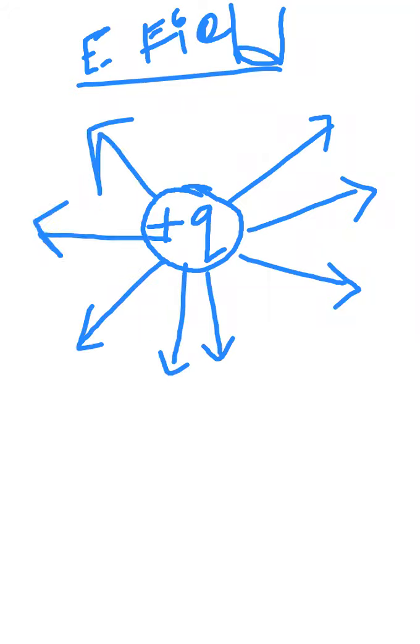Again, you know how many field lines will be there? It depends on the value of the charge, and we have mentioned psi is equal to, say, q, or you can take capital Q. What is the meaning? The number of flux lines is equal to the amount of charge.